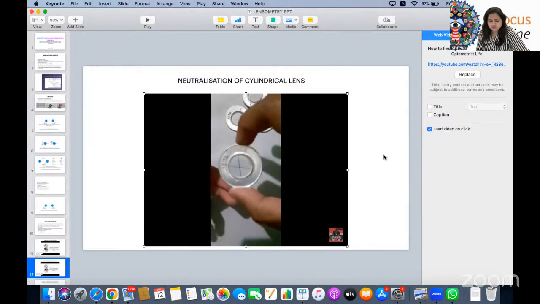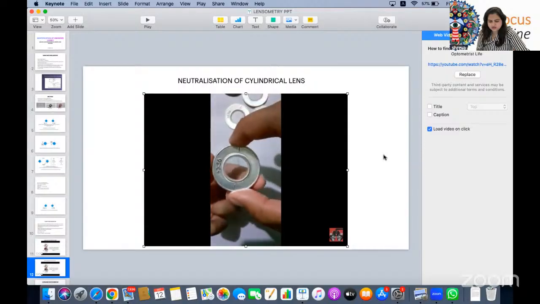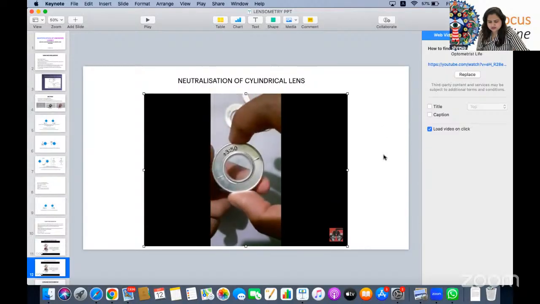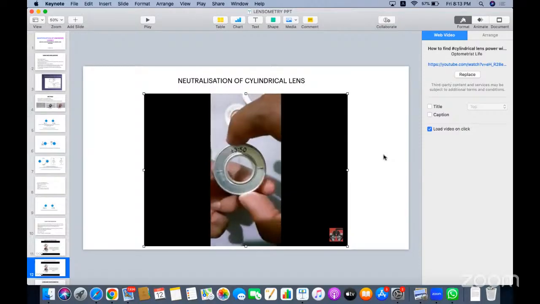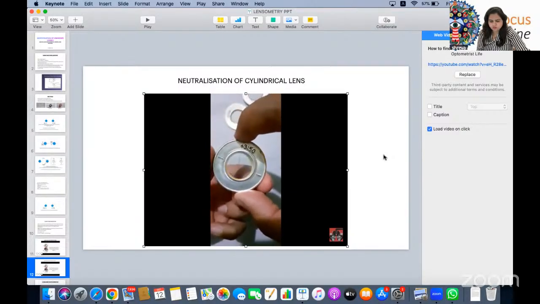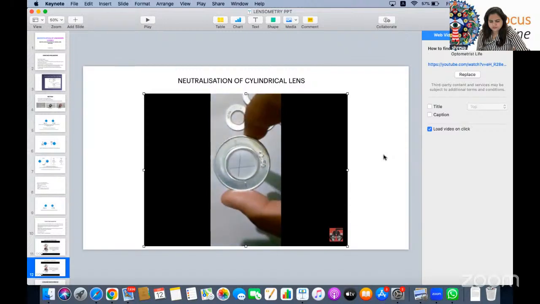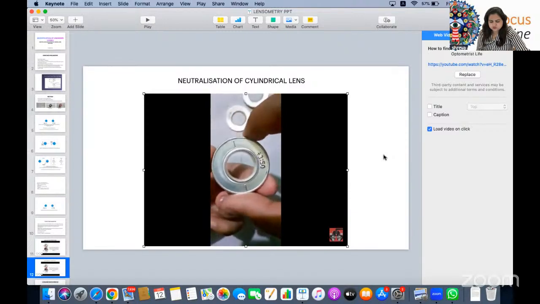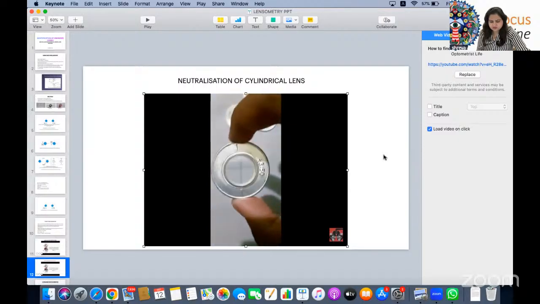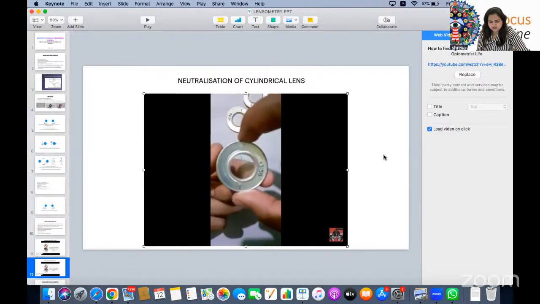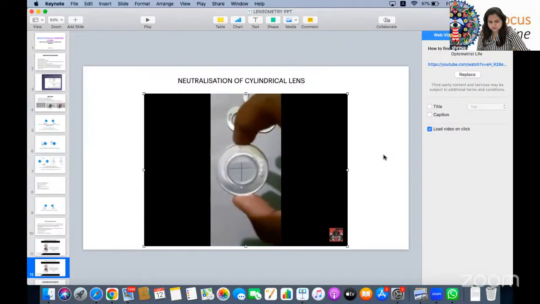See, there is a scissoring movement as we rotate it. So we are slightly rotating the lens. If you can make it full screen, it would be even better seen. So rotation. There is also rotation. So we keep rotating the lens clockwise till the scissoring movement stops happening.